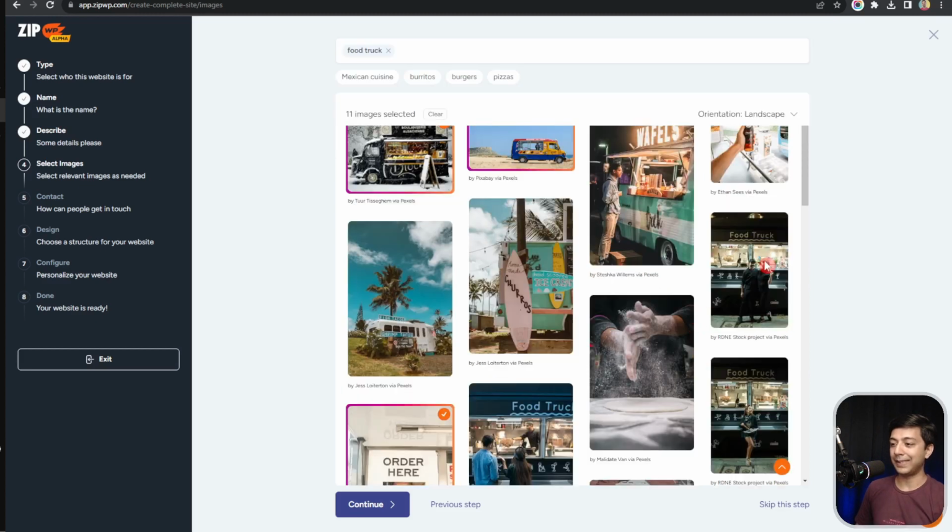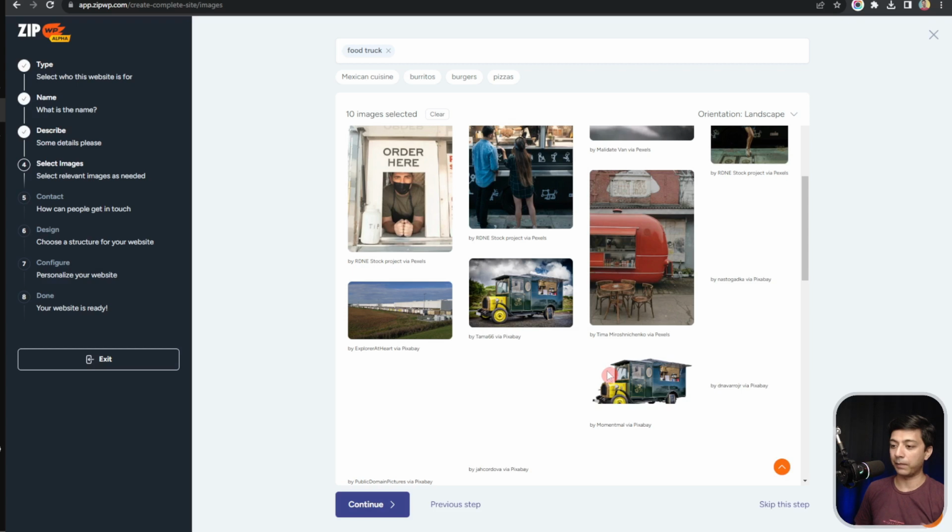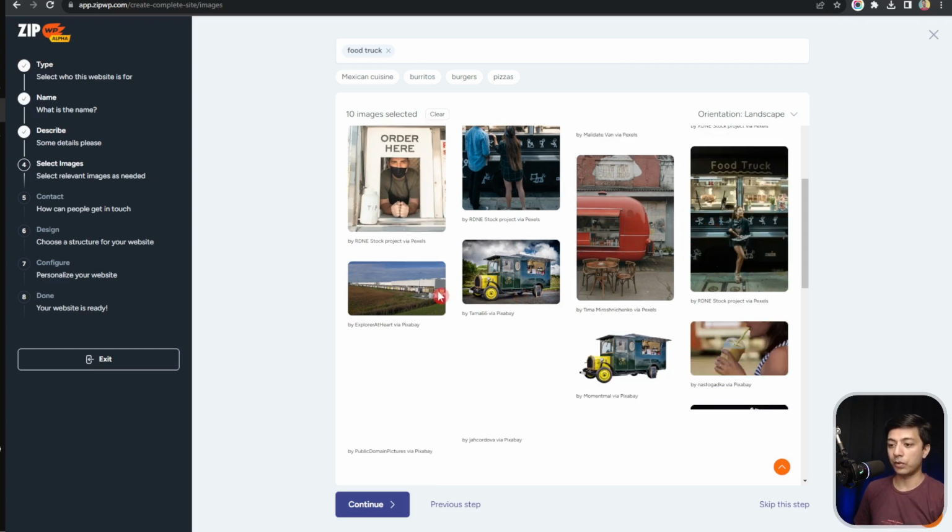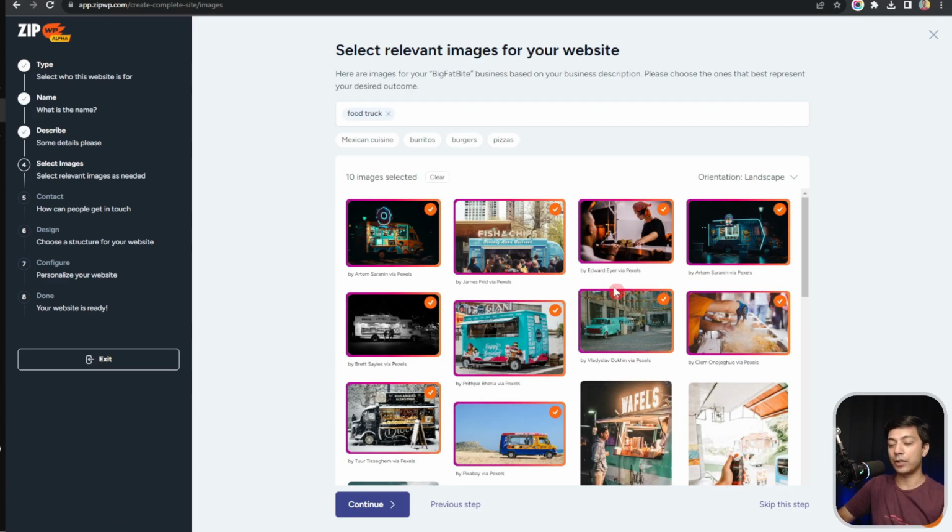I can go ahead and uncheck them, and maybe I can select some different landscape images, and I'm sure they are already working on this and it's going to get improved in future releases. But this is a cool thing that it's actually pulling some Creative Commons images as per the description given in the previous few steps. So once the images are final, we just go ahead and click on continue,